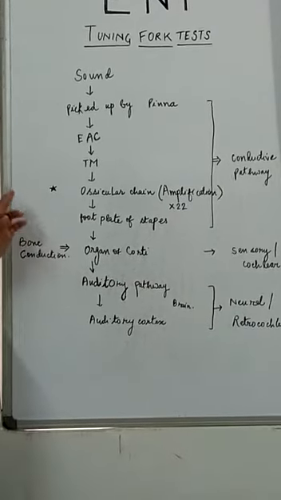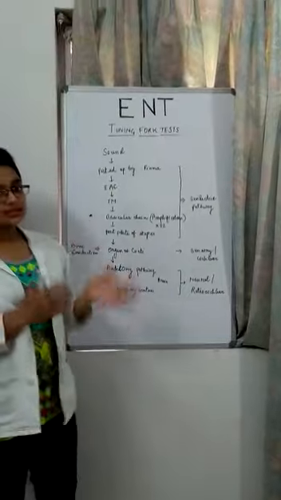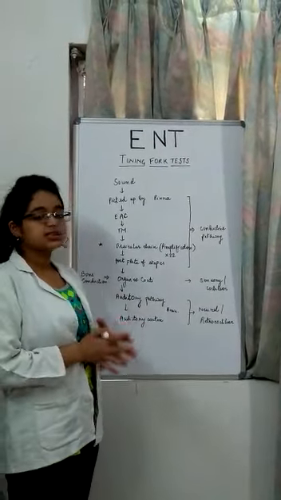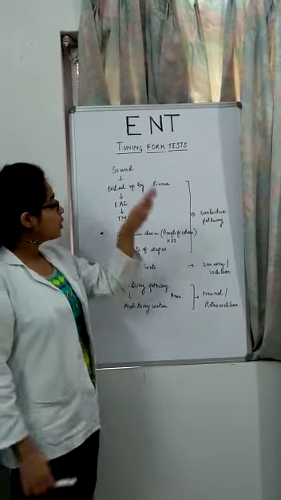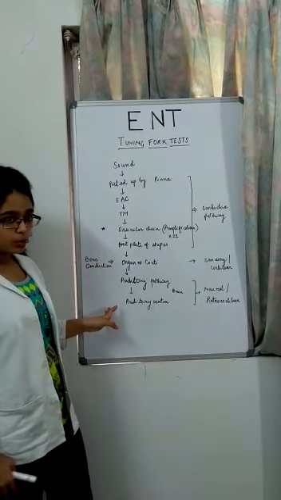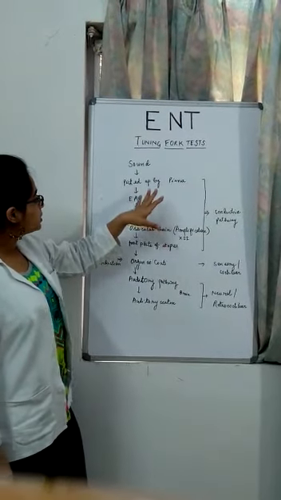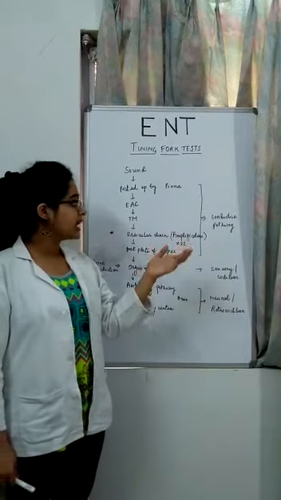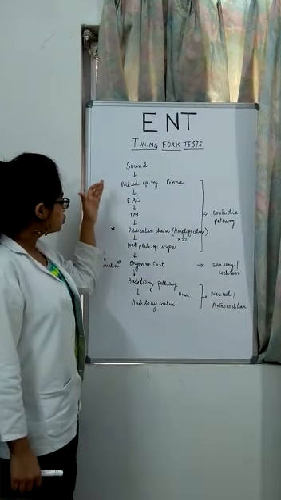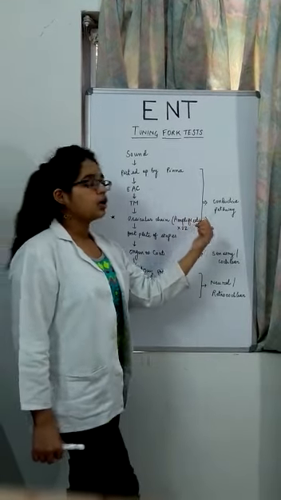One thing I want to tell you is that the external ear and the middle ear constitute the conductive pathway of hearing. If there is any defect in this whole pathway, it is going to cause hearing loss. In case of any defect in the external ear or in the middle ear, that is from the pinna to the footplate of stapes, that will be your conductive hearing